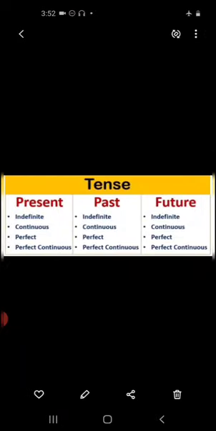Like the first one is indefinite, which is also known as simple. Continuous, that is also known as progressive. Perfect and perfect continuous. So every tense has four parts. So how many tenses are there? 3 into 4 is equal to 12. So the total number of tenses is 12. All right,